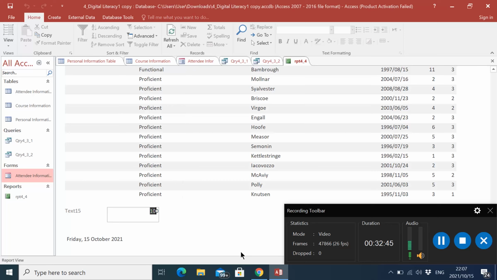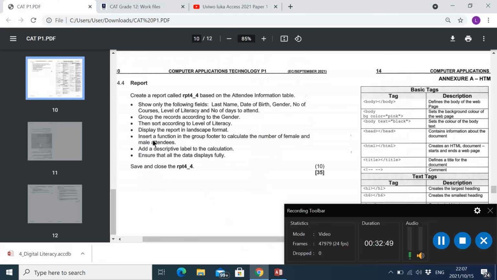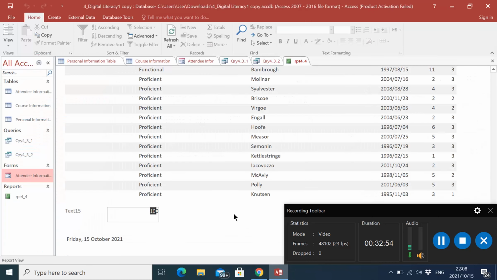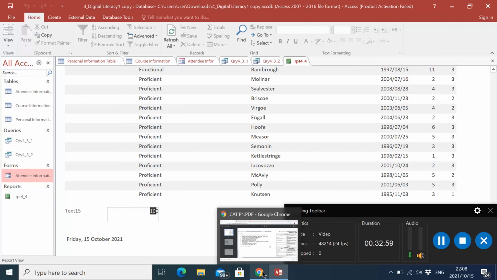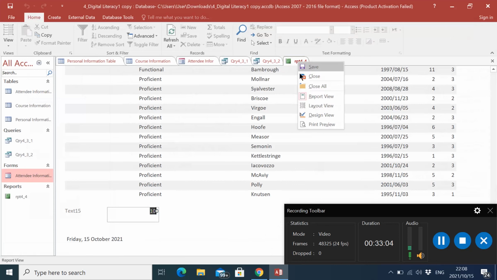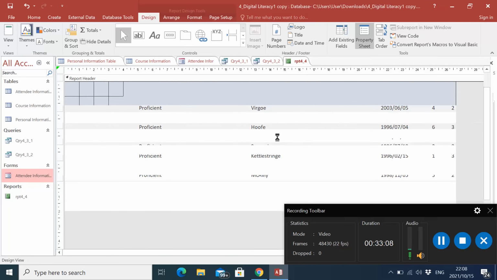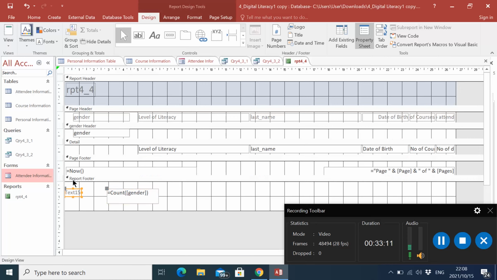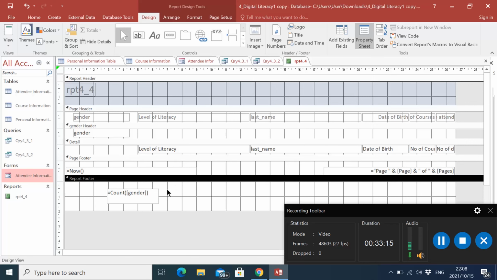But what did we want? Insert a function to calculate the number of female and male attendees. Okay, so it's going to show us all the attendees. So I think that should be fine because it doesn't say separately. So it shows us all the attendees. So I can delete this one. And then